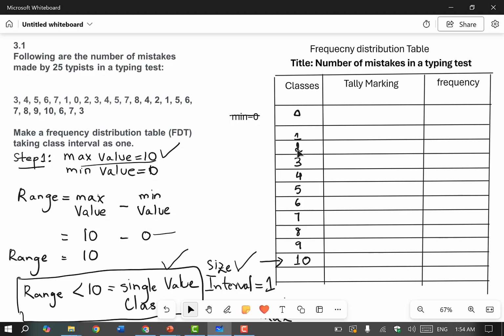Now how to do tally marking? You have to hold the pencil, cut 3 over here and see which class is 3. So we will write 1 here. Then cut 4, mark here, 5, 1 mark here, 6, mark here, 7, this is our class 7, 1 mark on class 1, then 0, put 1 mark here, 2, it's the first mark on class 2, 3, cut 3 here, this is our second mark in class 3, cut 4, second mark in class 4, cut 5, this is our second mark in class 5, 7, again second mark, 8, the first mark, 4, cut 4, mark in class 4, cut 2 on data, mark in 2, cut 1, again mark 1 here, 5, third mark in class 5,